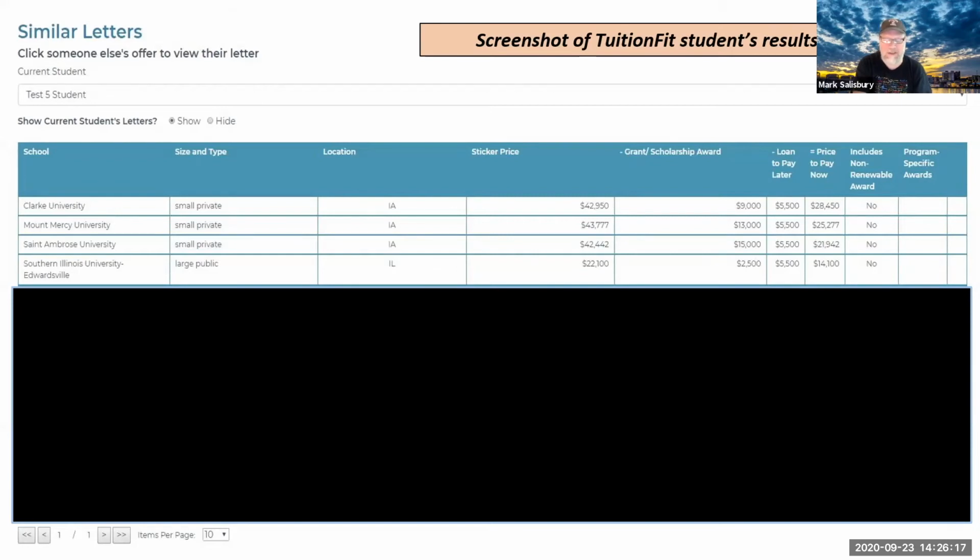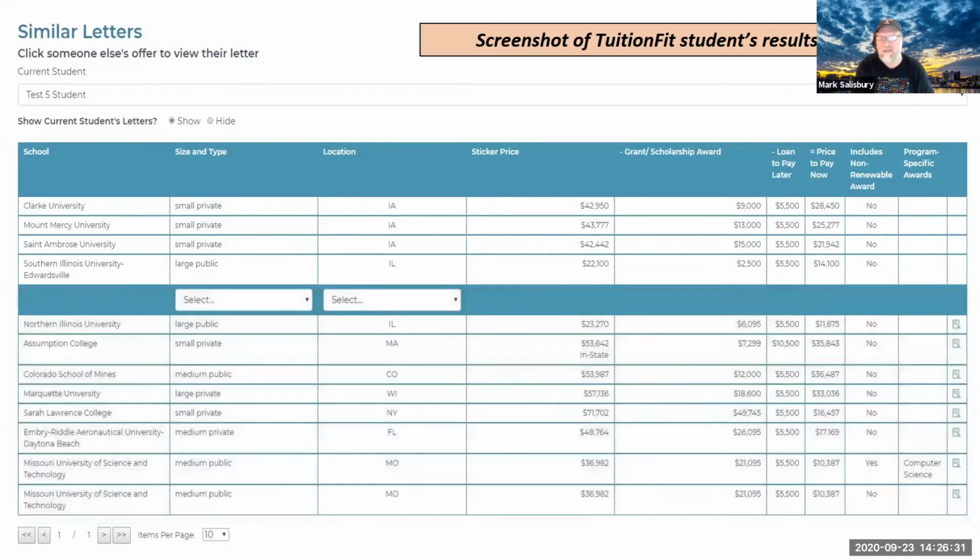But because she shared it with TuitionFit, and because of the nature of how things are now, most colleges and universities are looking for students all the way to August. Most are more than willing to negotiate on price because they need students. So when she shared it to TuitionFit, all of a sudden she got to see all these other offers from students like her who are uploading the offers that they've received. And collectively, you start to have options and you put these prices in context.